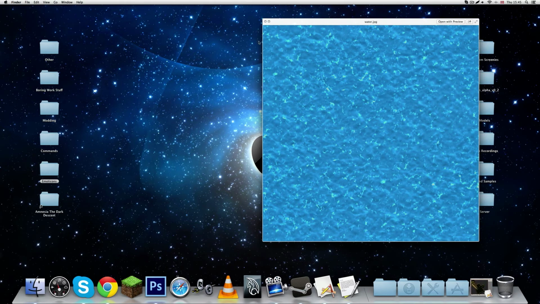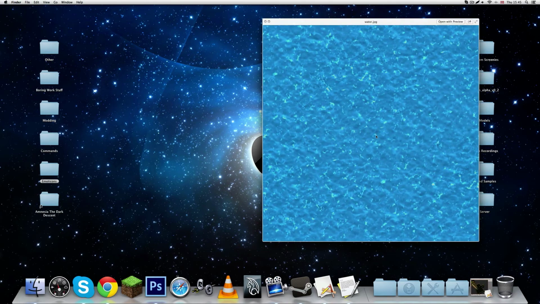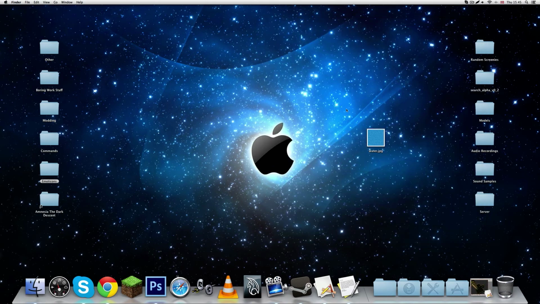I'm not actually sure about this one, I just found it, so I'm not sure if this one will work, but it might. Also make sure that the resolution is a cubic resolution, so it should be 512 by 512 pixels or 1024 by 1024. This one is 1024 by 1024, so just make sure it's not 1000 pixels by 1000 pixels, because that is usually not a good idea when it comes to technical stuff in the games.